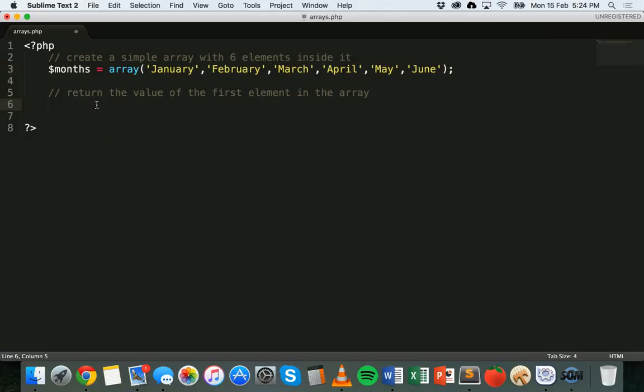So if we want to echo or display the first month, or the first element and its value in this array, then we can refer to the array's name. So we can say echo $months, and then in square brackets we can refer to the index number. So the first one, if we want January, is going to be 0. Okay, so we'll save that,